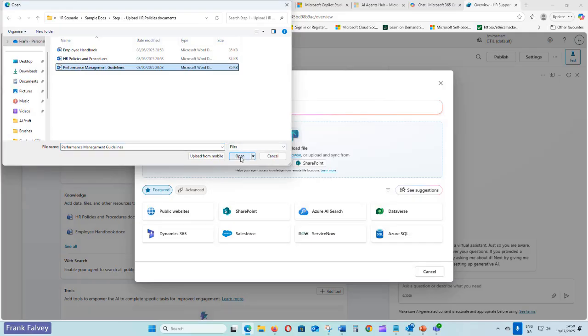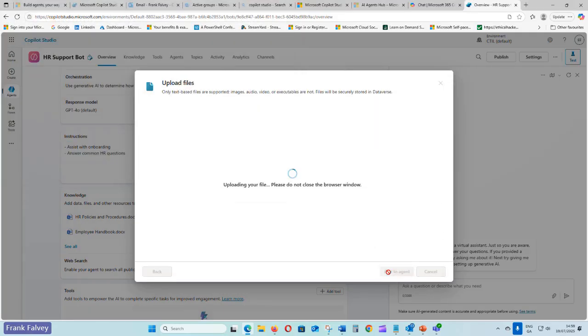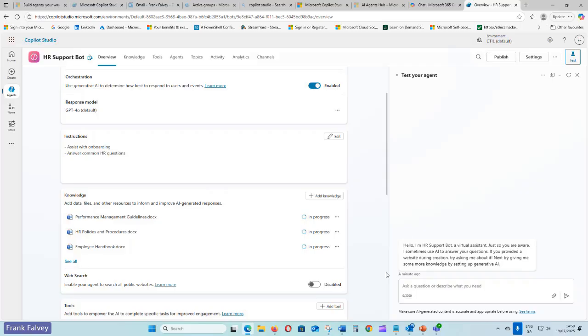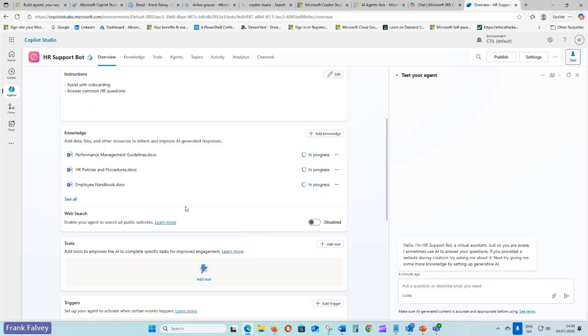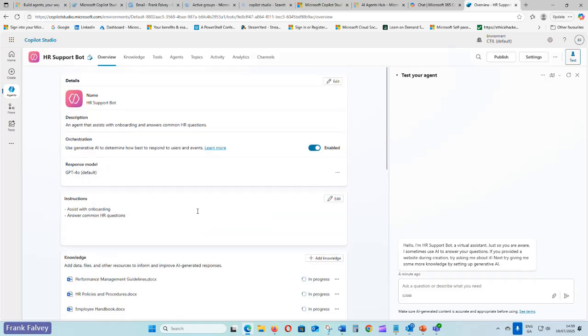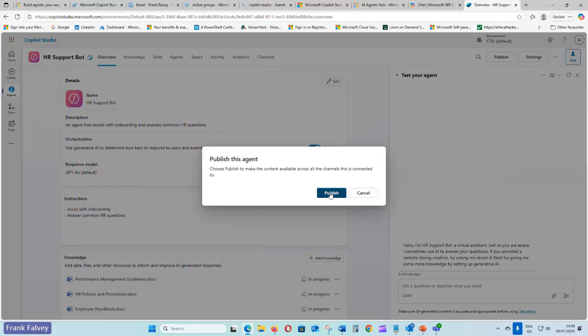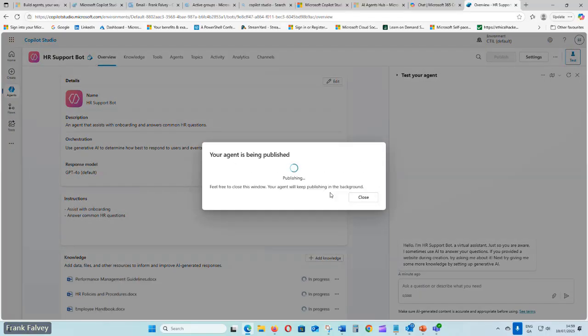Performance and management guidelines, add to agent. So the only thing we have in here now is the files that we uploaded, and we disabled the internet. So now we're going to publish up here on the right hand side. We could test our agent, but because of the time, we're just going to publish it. And I want to leave some time for questions and answers as well.